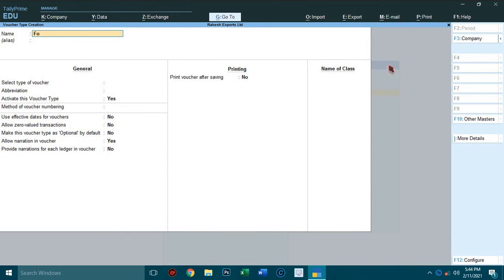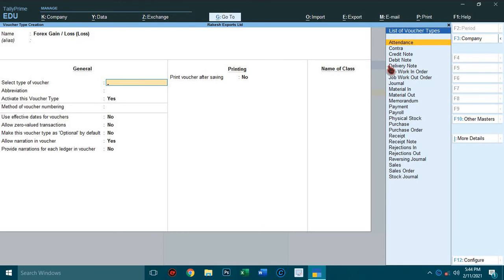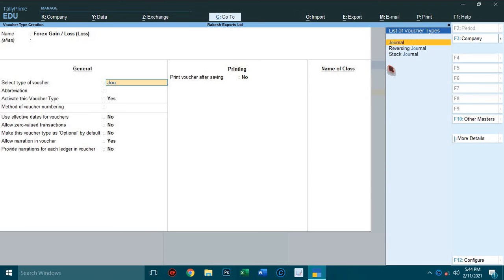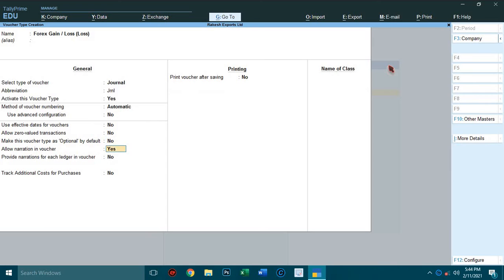Next, create loss: forex gain or loss (loss). Select type of voucher, select journal in the list of voucher types. Come to the name of class.